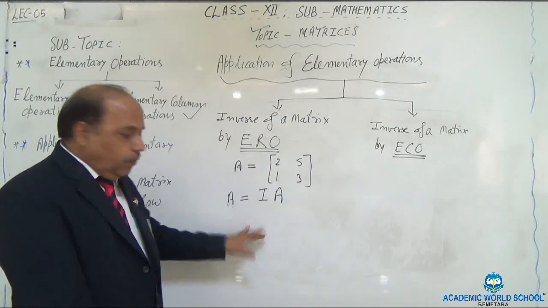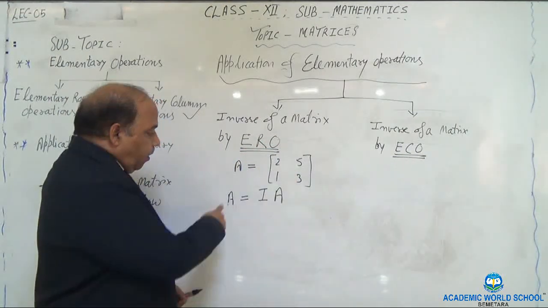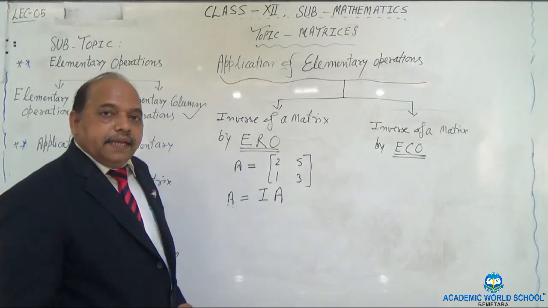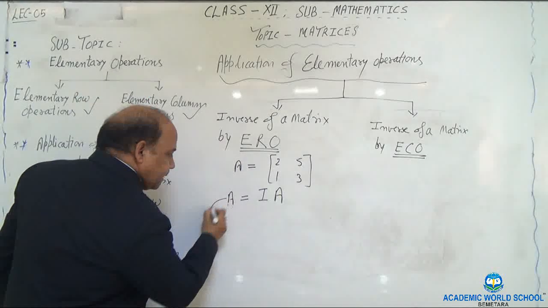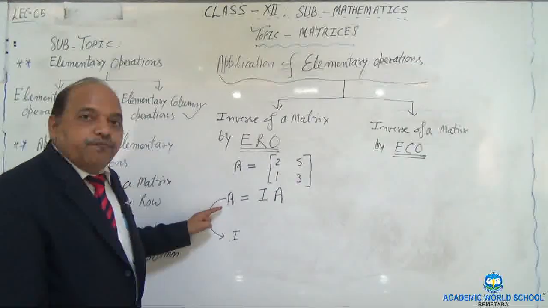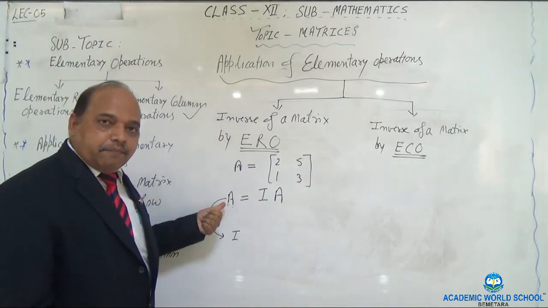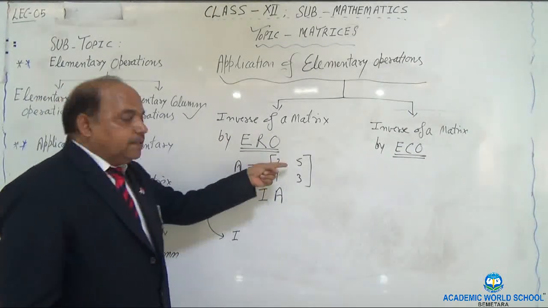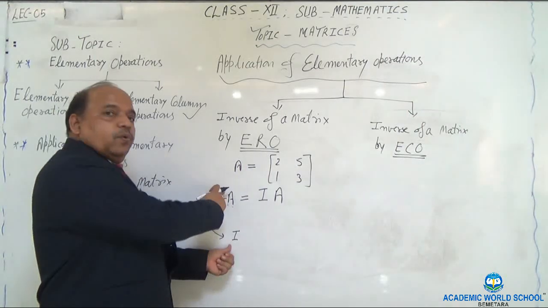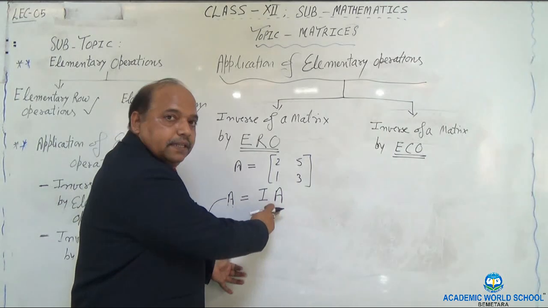What we are going to do, we will be applying these elementary row operations on A in such a manner that in a number of steps it gets converted into I. Please understand what we are going to do. We will apply the set of elementary row operations on A in such a manner that this given matrix gets converted into I. And whatever we do over here, same thing we will be doing with I, without touching this part.